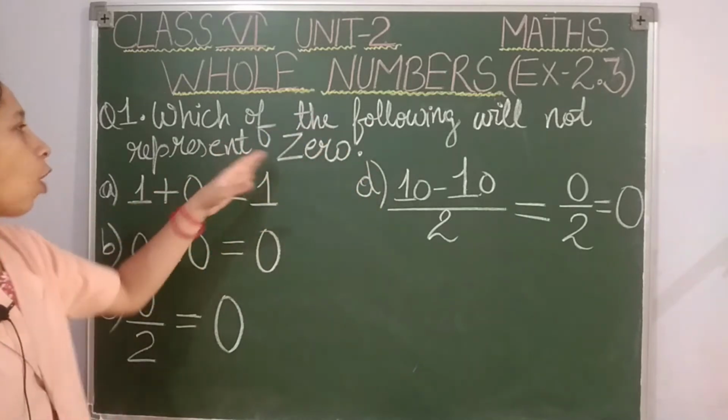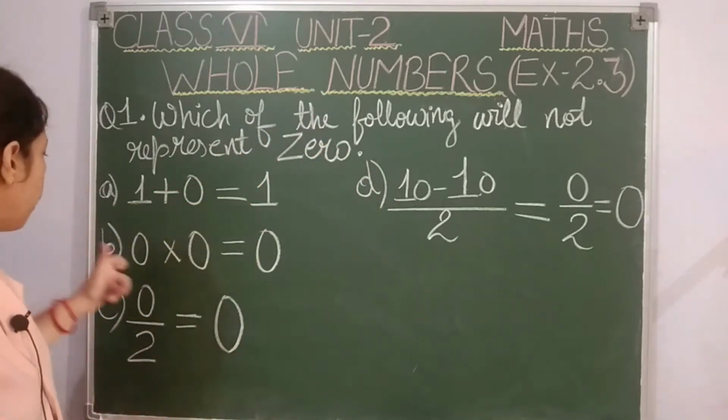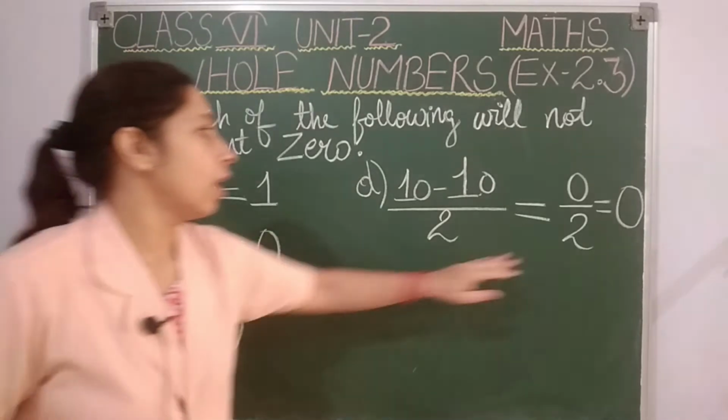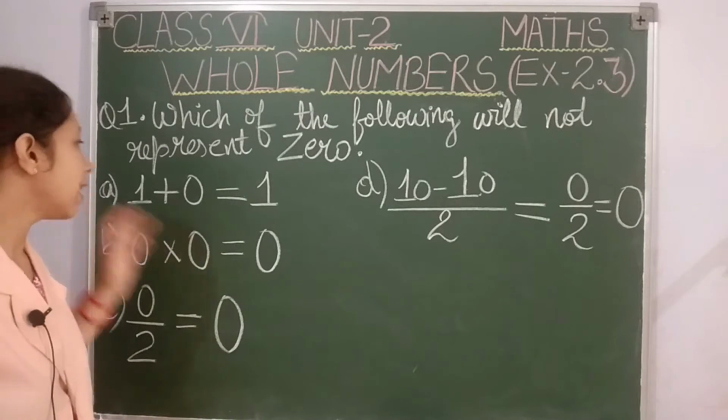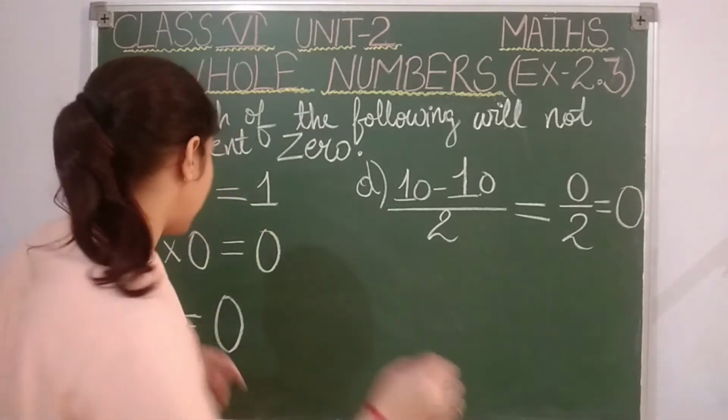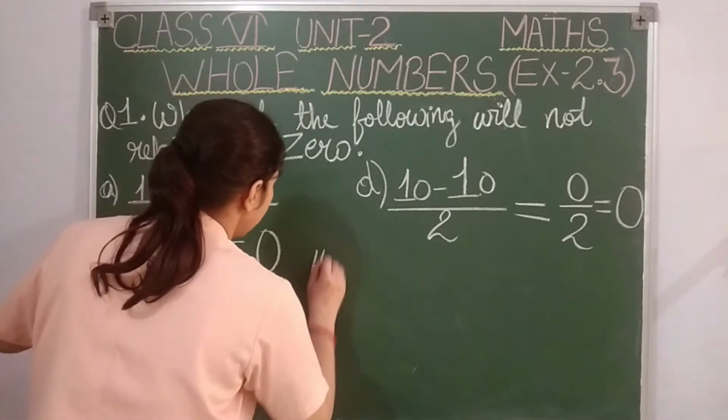So again let us check the line of the given question. Which of the following will not represent 0? So here point B, C and D, all these 3 points are representing 0 except A, because here A is representing 1. So at the end you can write here